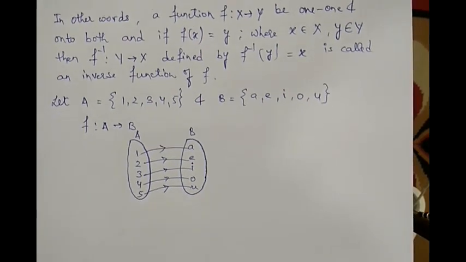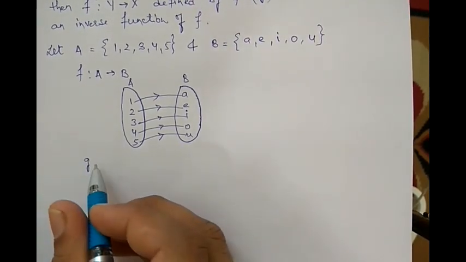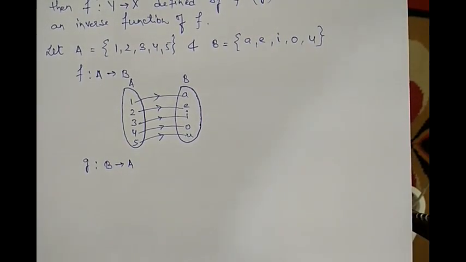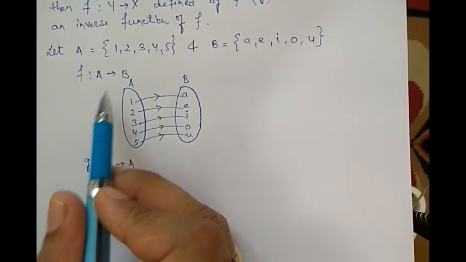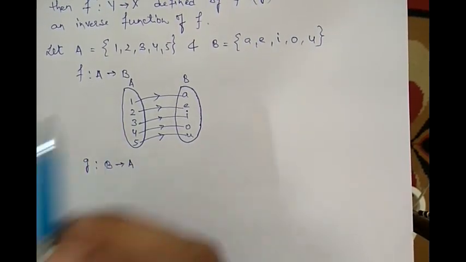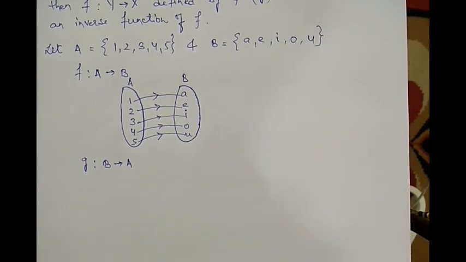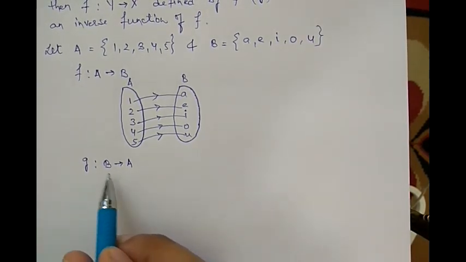Now, if we try to define a function g from B to A, that is, we are trying to define the inverse of the given function, then why are we saying that if f is not one-one or onto, if any one of the conditions is not there, then this g will not exist? Why are we saying this thing? Let's try. If we are trying to define a function g from B to A,